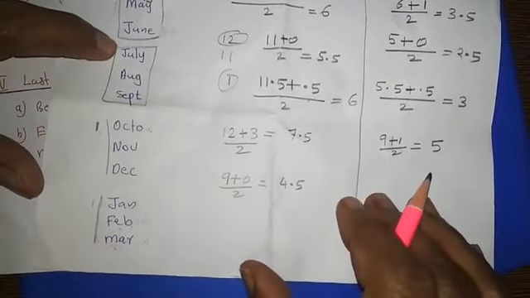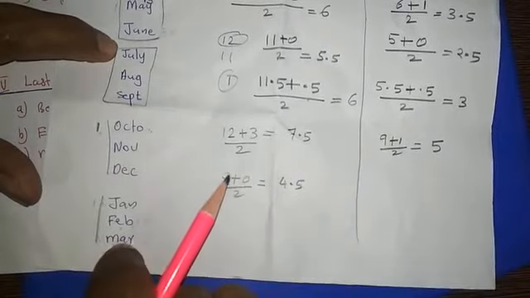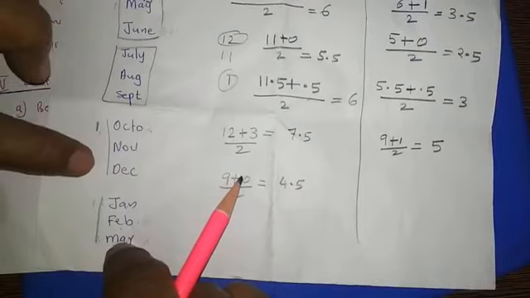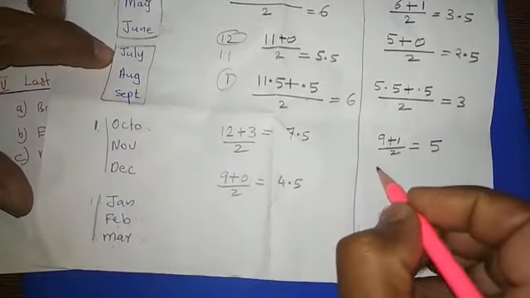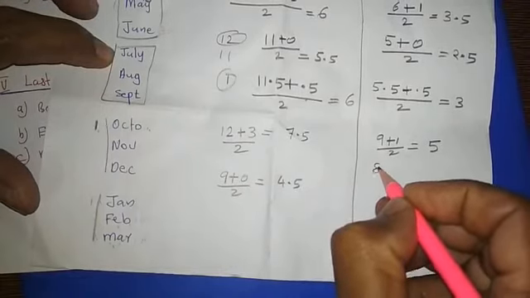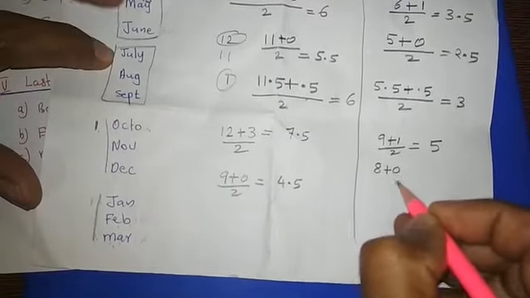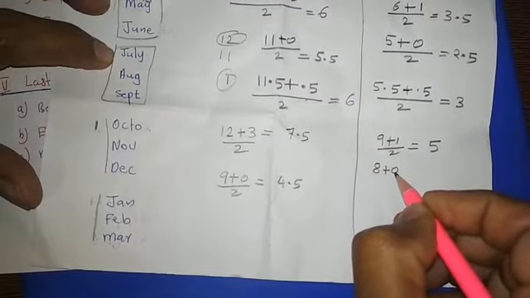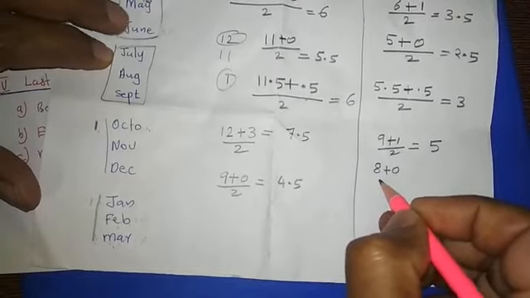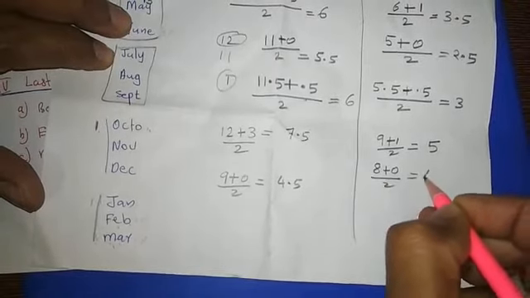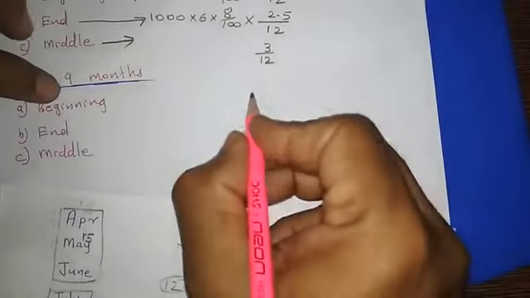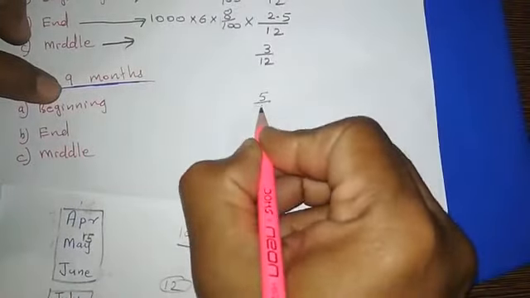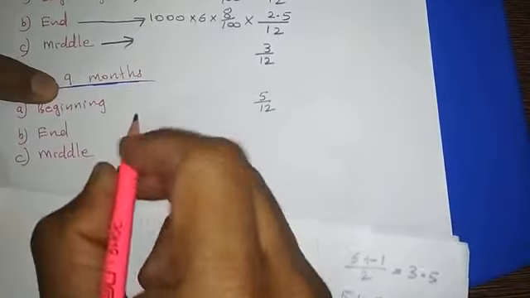And if the drawing in the last 9 months is made at the end of every month, then firstly it will be 8 plus 0. The last drawing will be at the end of the month, March 31st, so it is coming 4. So here we can write 5 by 12. Other things are same, that is why I am not repeating.